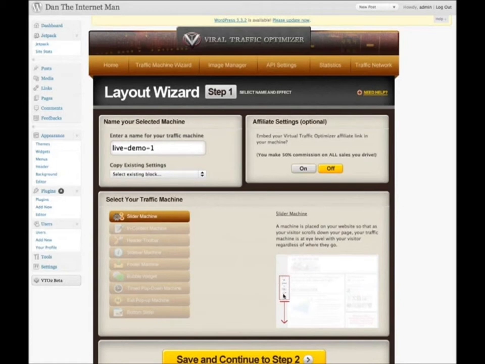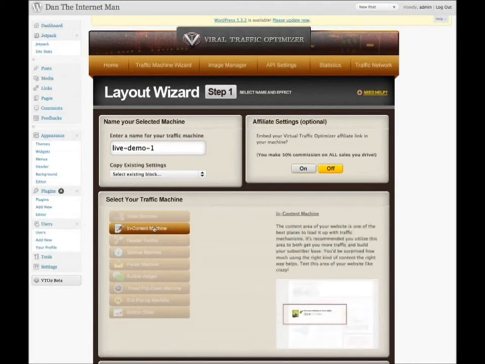This is a little like tool tab that'll scroll down with the site. As they scroll down the site, they can offer them to share or subscribe and all that cool stuff. So that's one type of traffic machine. The other one is like an in-content traffic machine where you can just embed it inside the actual content of